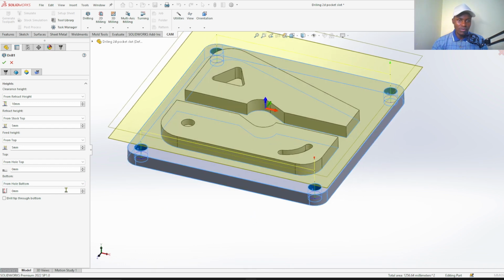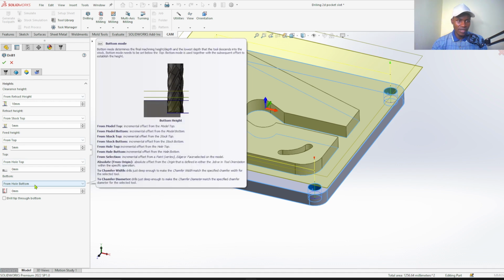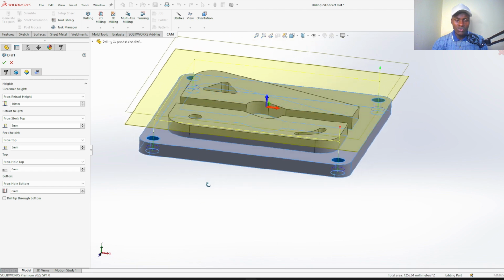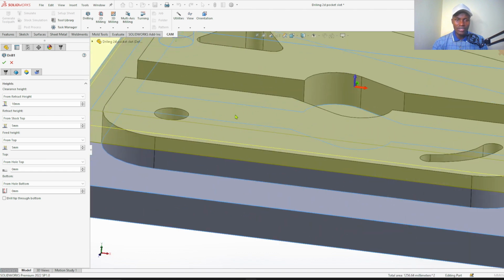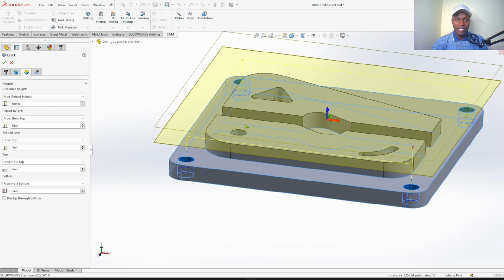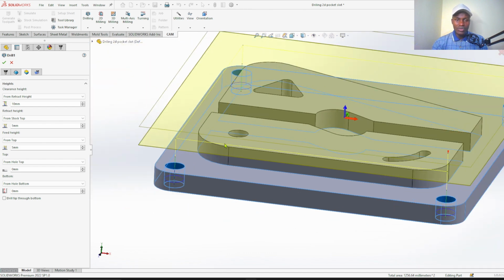So what we will consider here is top. Where do you want the drilling to start? So from top, we'll just begin on top, but our interest is from bottom. You know, when you are setting the tool, you always bring it to touch the top surface and set there as your origin. But now when you are drilling, it will calculate depth from top.